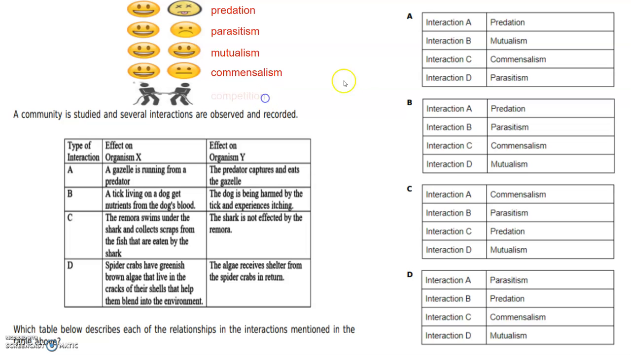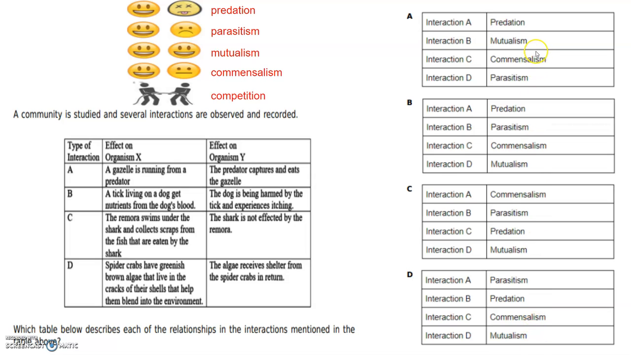And then finally, we have competition. So organisms competing over any resource, food, water, shelter, anything like that. So we're going to go through, look at our table, and we're going to assign faces to each part, and then we should just be able to match up our faces, figure out the name of that relationship,